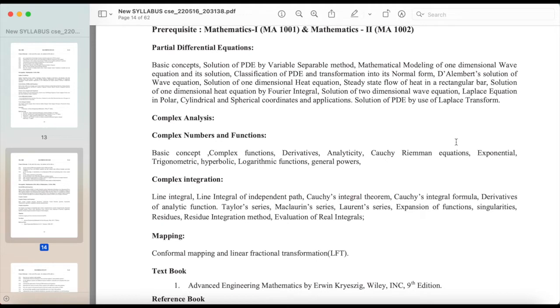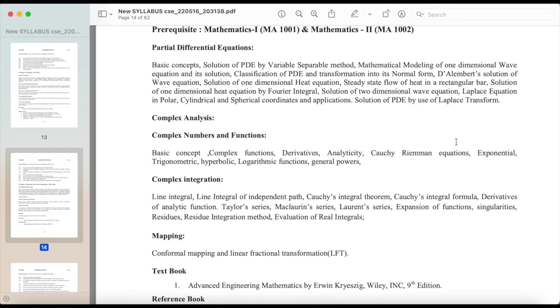flow of heat in a rectangular bar, solution of one-dimensional heat equation by Fourier integral, solution of two-dimensional wave equation, Laplace equation in polar, cylindrical and spherical coordinates and applications, solution of PDE by use of Laplace transform, complex analysis, complex numbers and functions, basic concept, complex functions, derivatives, analyticity, Cauchy-Riemann equations, exponential, trigonometric, hyperbolic, logarithmic functions, general powers, complex